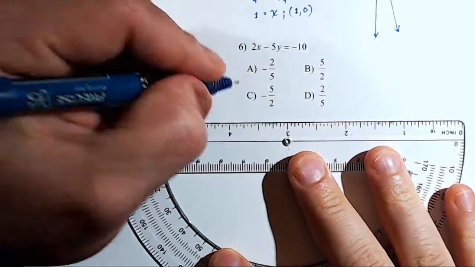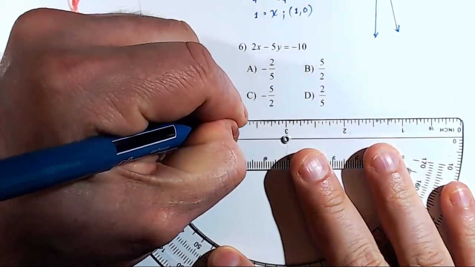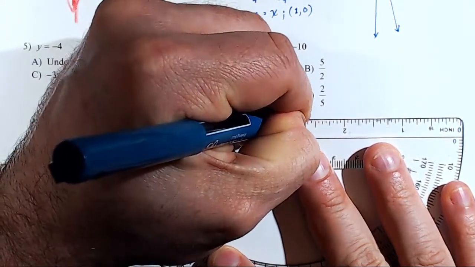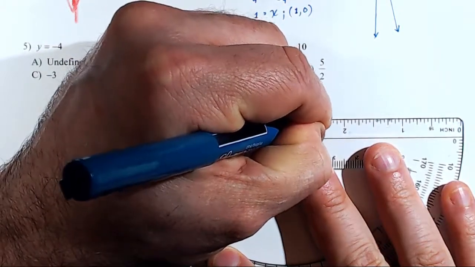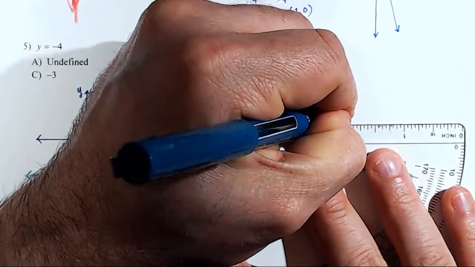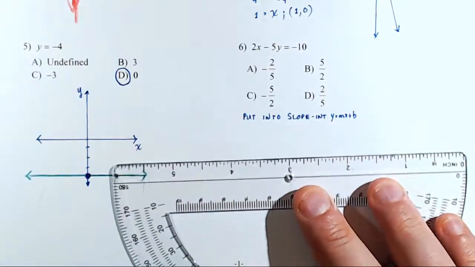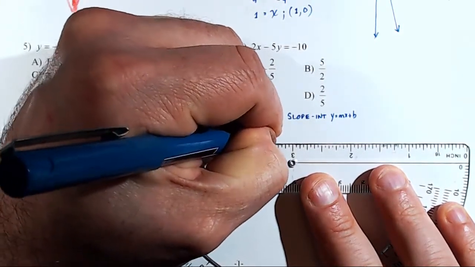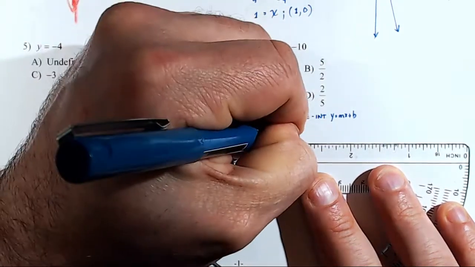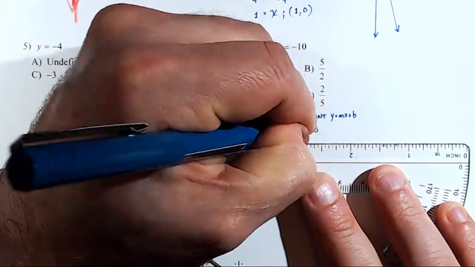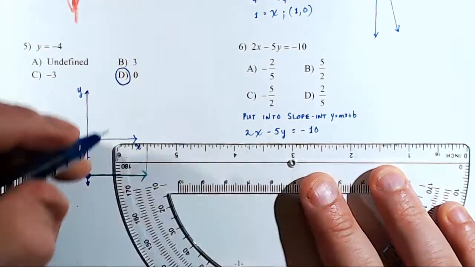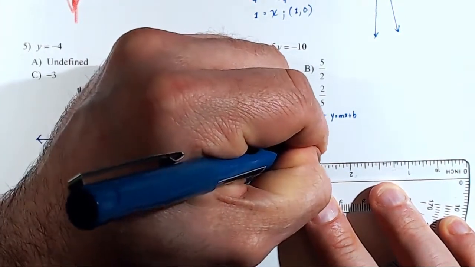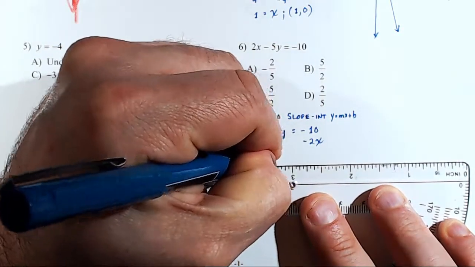First thing we want to do is put into slope-intercept form. And that form is y equals mx plus b. So let's take our equation and do some algebra. 2x minus 5y equals -10. All we have to do here is move the x value over, minus 2x on both sides. And here we have -5y